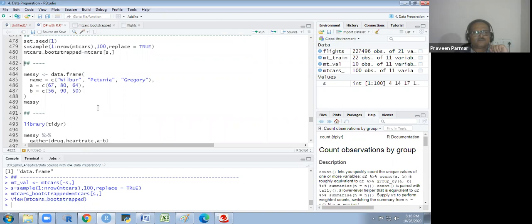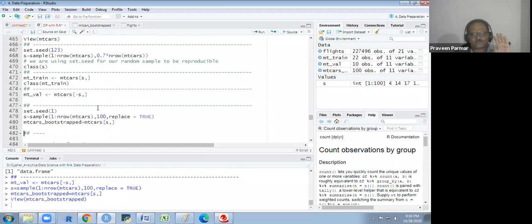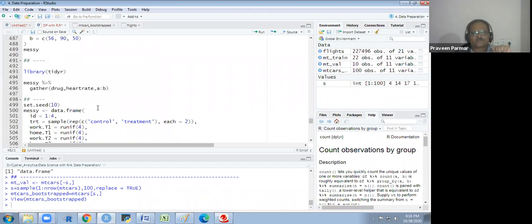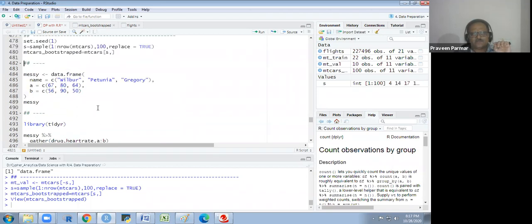Now, this has been completed about filter, and we have seen select, mutate, summarize. These functions we have covered. Now we have some other functions, which are gather, unite, separate, and spread. I will explain you one by one. We will use another library, tidyr.